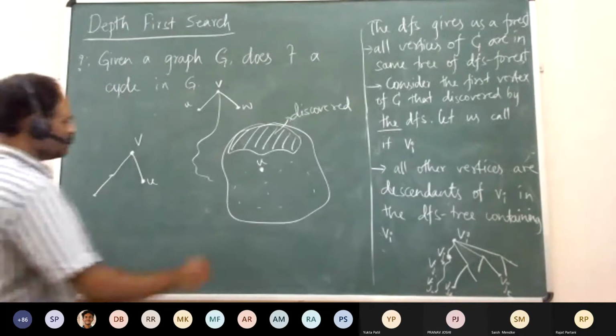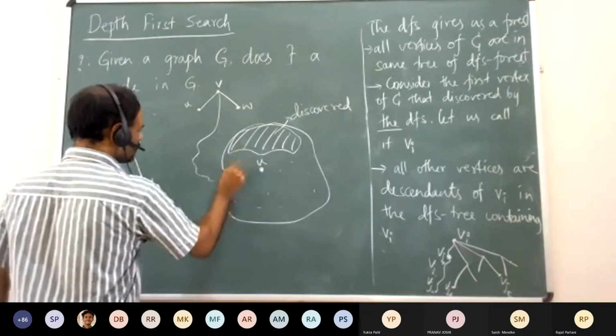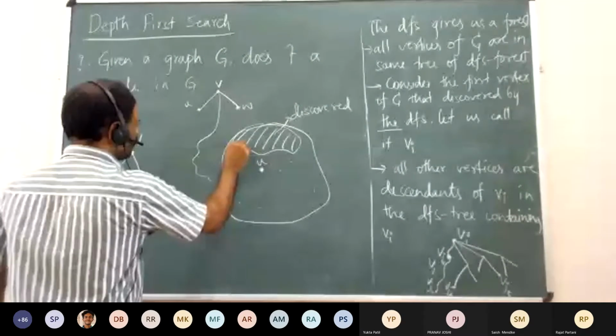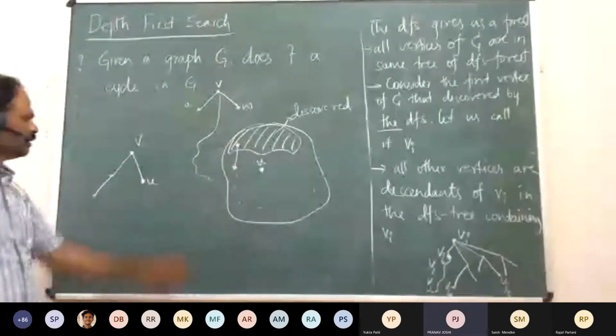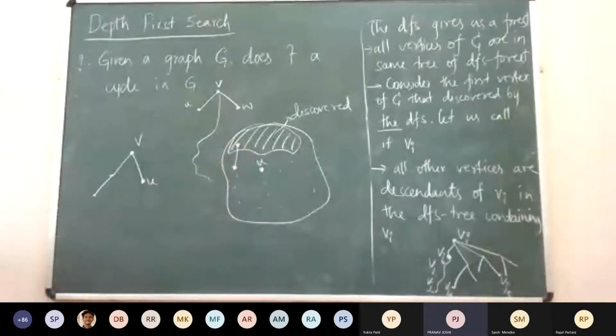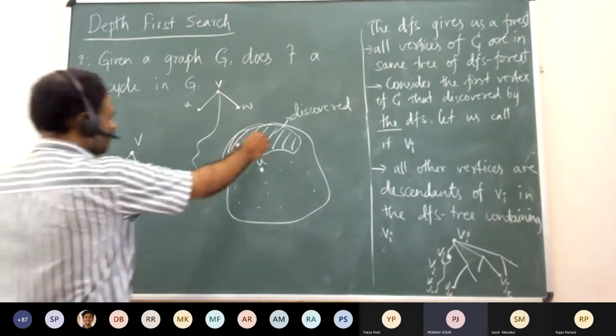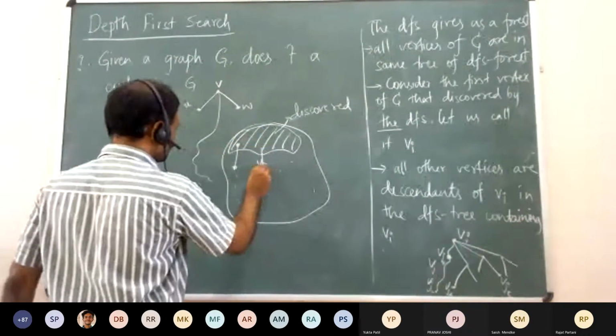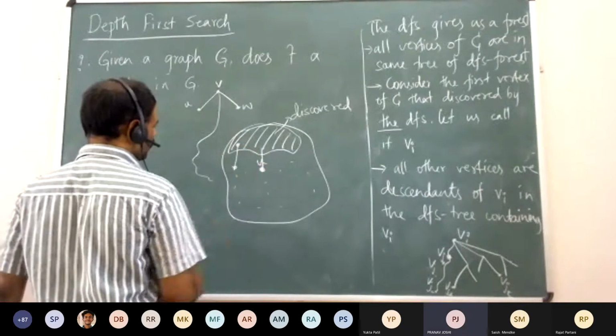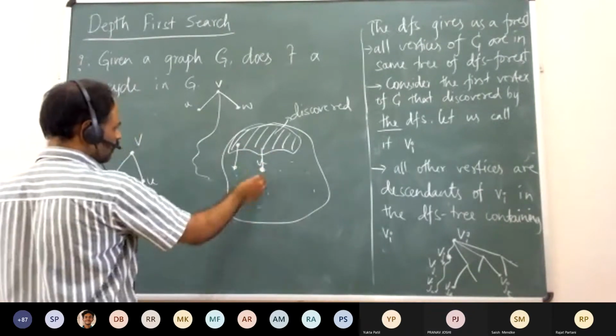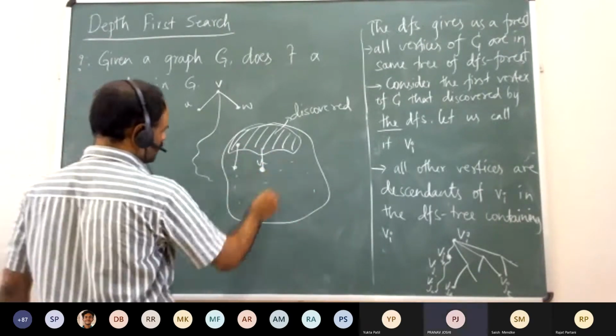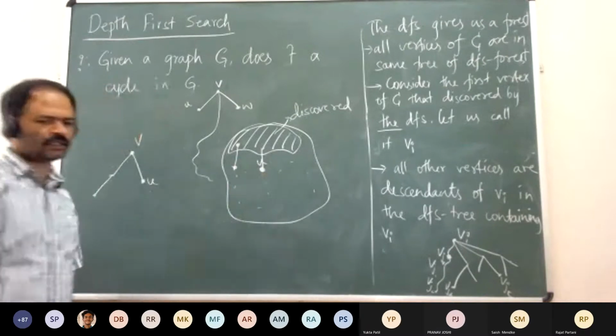Why should they be descendants of you? Can't it be such that these vertices just have an edge from here and nothing else? So if these vertices are discovered after you, then they'll also be descendants of you, and their descendants will also be descendants of you. No. See, these are discovered vertices. At some point you come here, right? Then is it true that all these vertices are descendants of you in the DFS tree?